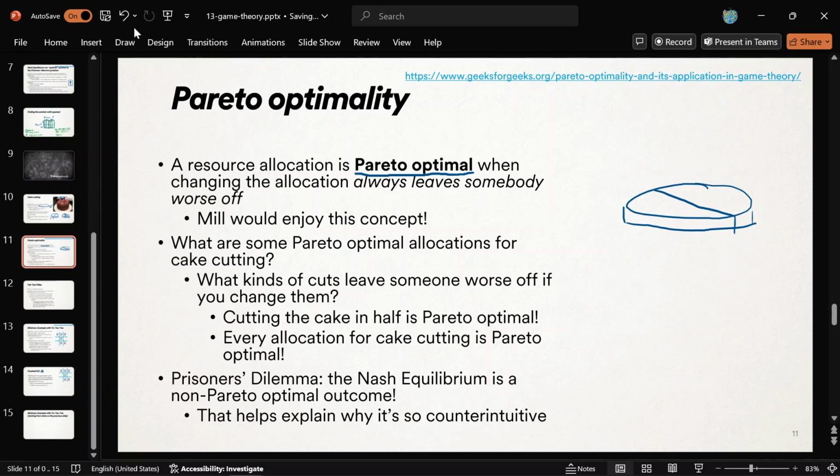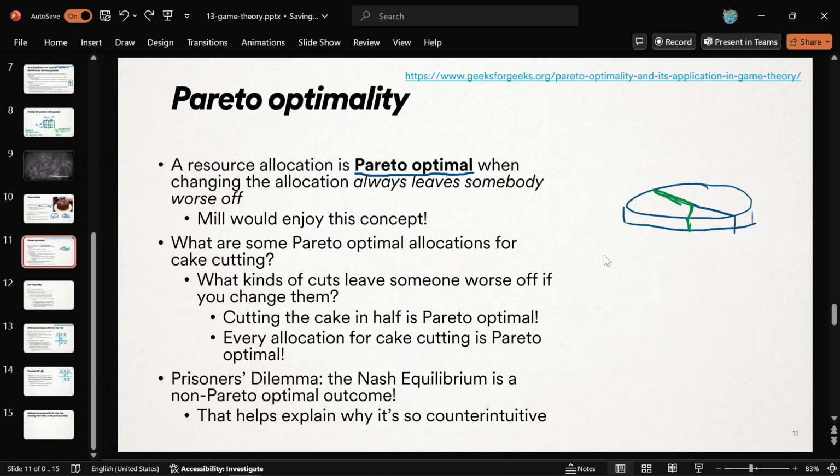Well, let's try to change it. If I change that cake cutting, if it was in half and now it's not anymore, like I cut a little bit more this way this time, so we're going to get it like this. If that's my allocation instead now, it's not three-dimensional enough, let's say. There's the middle of the cake, right? If I cut it like this instead, now it's this piece, right, versus this piece. So is somebody worse off? I think so. Yeah, because the other person's going to pick the bigger piece now. So that is technically a Pareto optimal allocation, cutting the cake in half.